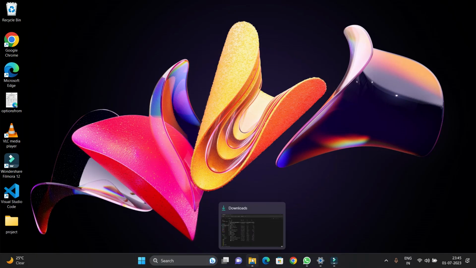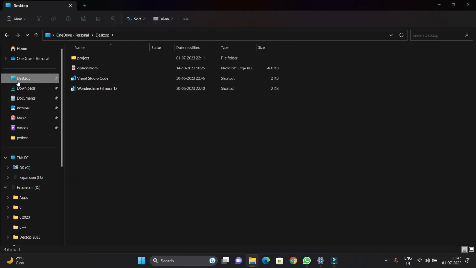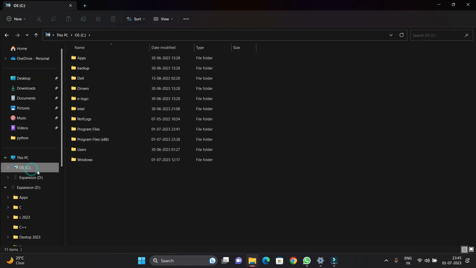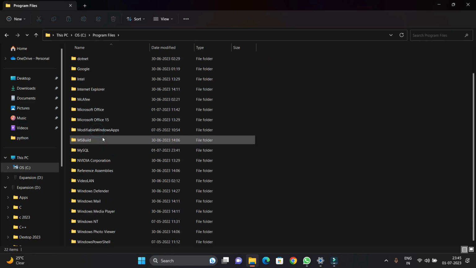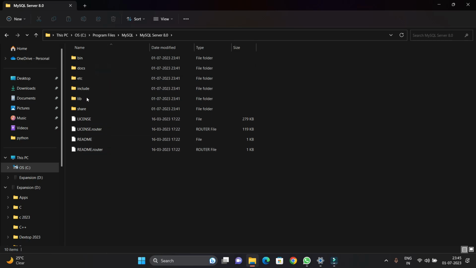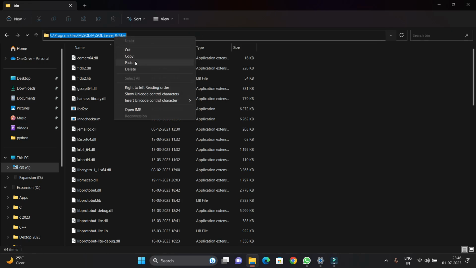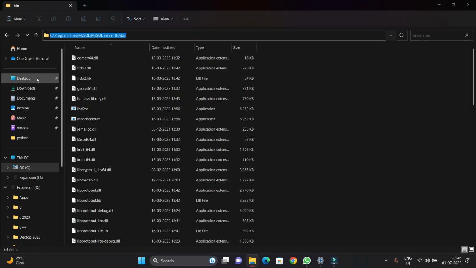and yeah, let's provide the path for MySQL. So go in your File Explorer and go into the C directory. There go into Program Files. Here you can see the MySQL directory, and here all the products. So we are interested in MySQL Server. So just click on it. Here, the bin folder, just click on it and copy the path from the URL bar. Just copy it,